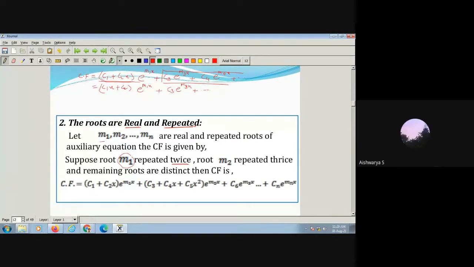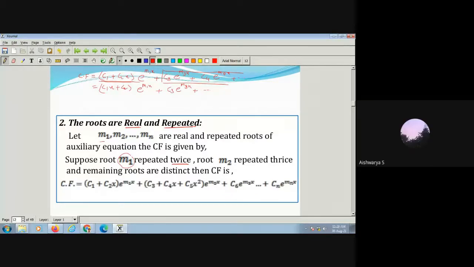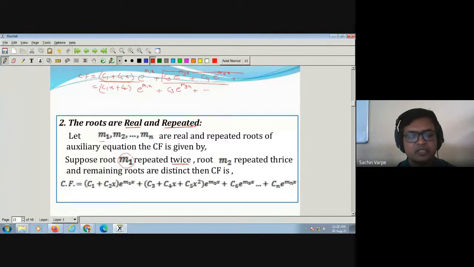No, I'm not saying the degree is 2, the order is 2. No, this is in general. I'm considering in general that the given differential equation is of order n. You can consider any order. Of course, if the order is 2, then c3, c4 will not be there. Only two roots, which means only two constants. Is this clear? Suppose, for example, I have the differential equation D square plus 2D plus 1 times y is equal to 0.